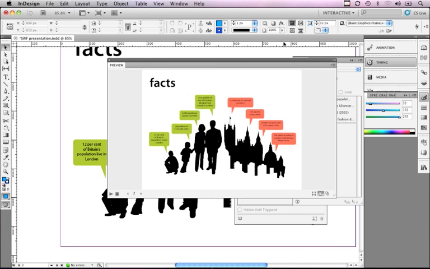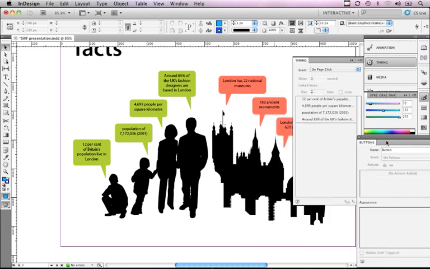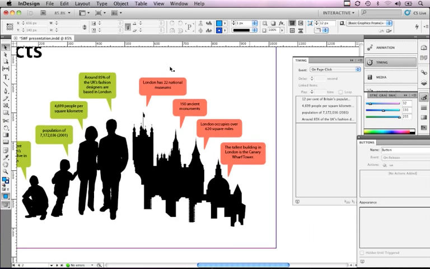Okay, so kind of a nice way. It's kind of discovery learning, if you like. They have to actually perform a task to get the information. Right, let me just put a few things back. Okay, so the next set of information, I want the user to actually click on the button